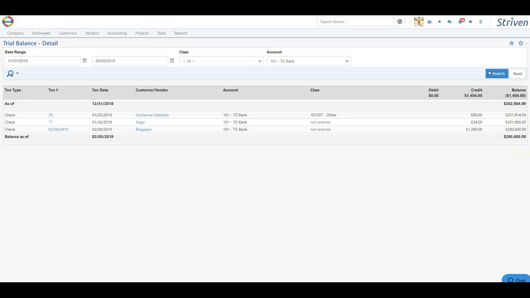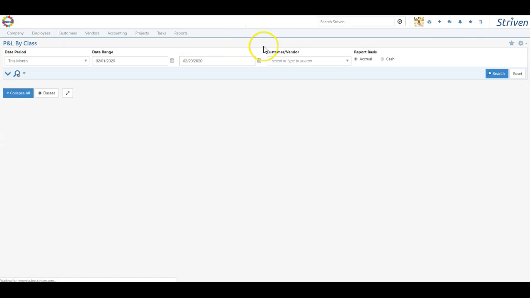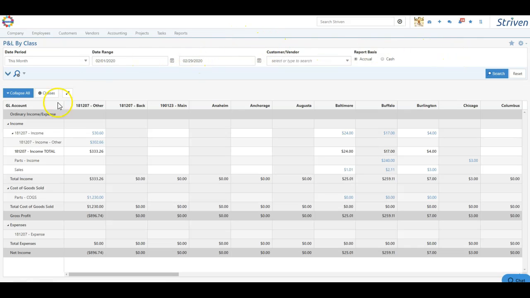And lastly, we've added frozen columns to both the profit and loss by class and the balance sheet by class. To view these two reports, we can click Reports and choose the profit and loss by class from the drop-down. Here we'll see that the accounts listed on the far left column are now frozen,